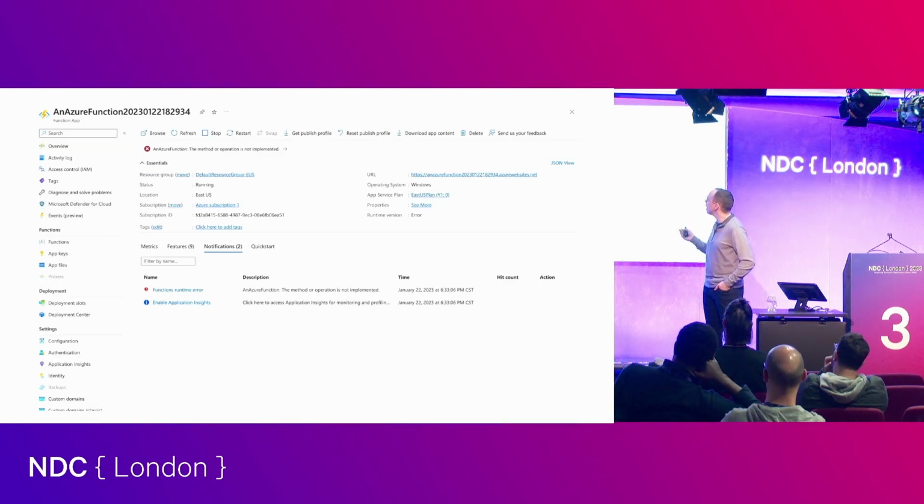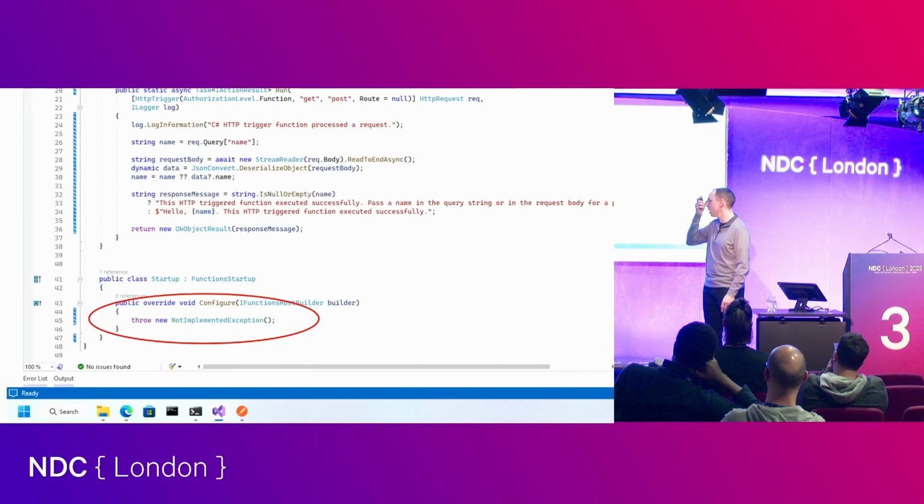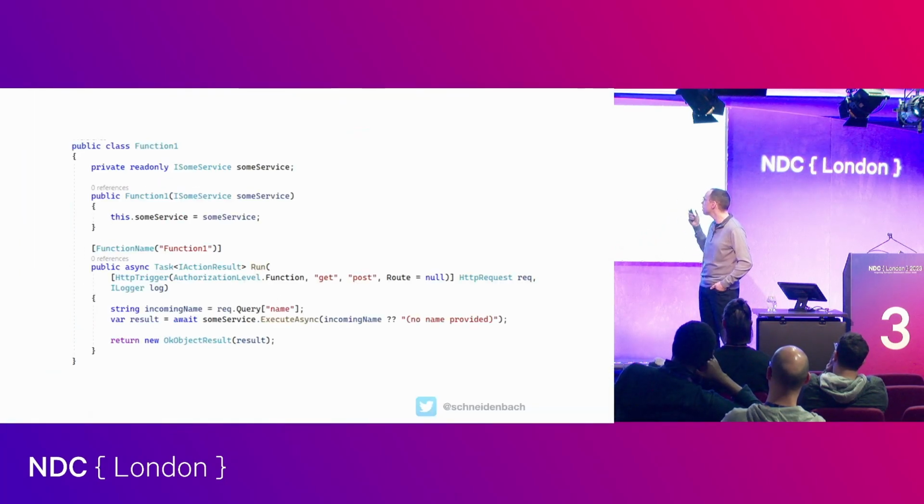And then I get there and cool, I'm looking at it in the cloud. Why isn't it starting? And I see this little thing up here. Thumbs up. This method or the operation is not implemented. Immediately right away, I went back to my function startup and realized I didn't take out the stupid throw new not implemented exception. So good anti-friction, because the cloud told me exactly what was wrong as soon as I deployed it, which I really enjoyed.